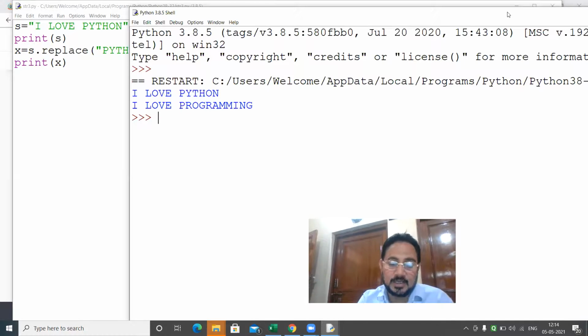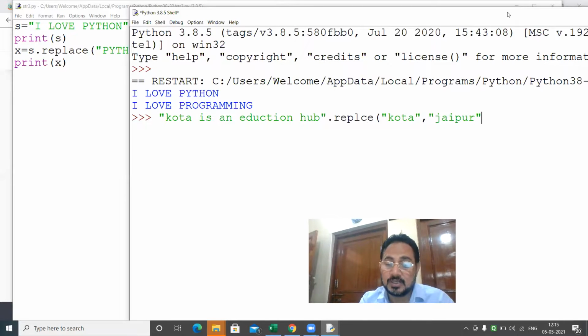Even here you can write Kota is an educational hub. And then you write replace Kota with Jaipur. Easily in programming, you can replace a word.